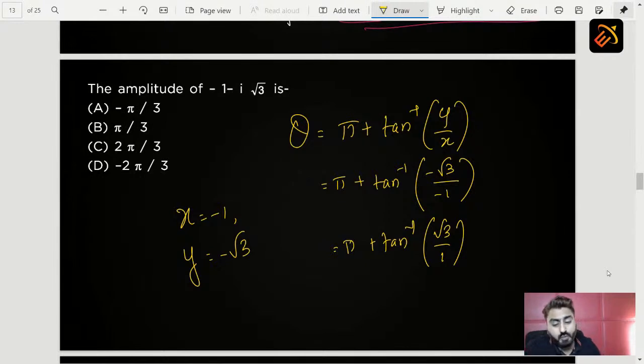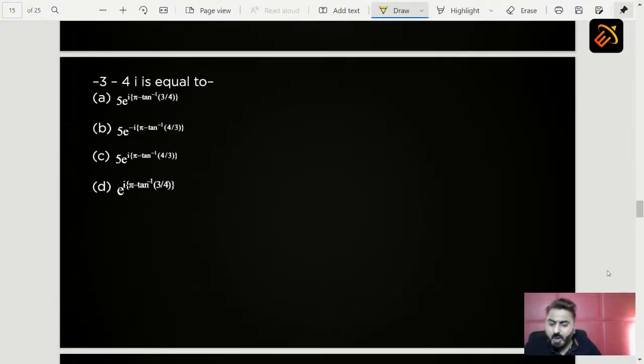So now students, moving on to the next question. The next question is what? Now the next question will be -3 minus 4i is equal to what? और यहाँ पे हमें 4 ऑप्शन दिए हैं. Again students, this is your homework sum, but before that what you have to do is you have to remember one formula, and that one formula is what? So students, that one formula which I will be giving to you is nothing